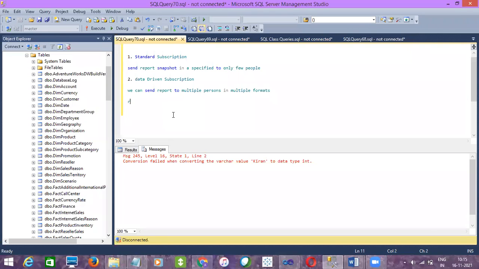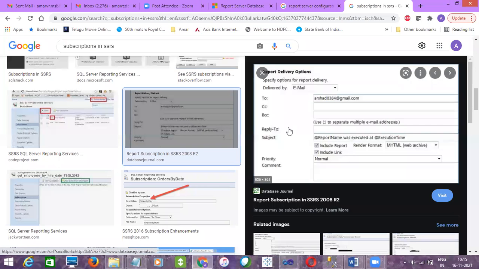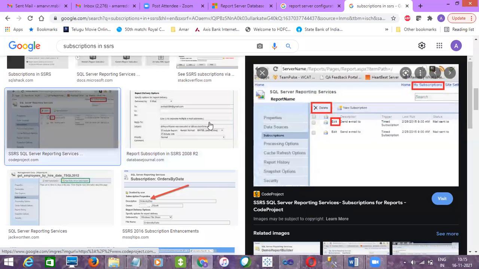Roles is nothing but, so there is one more option in the web URL. It is related to giving permissions to users based on their roles, which means, let's say you have uploaded one report to the report server. Okay, let's say here there is a report, and you need to give access to this report to the specified persons, right?